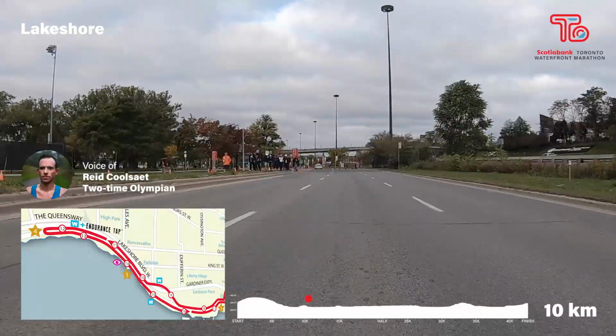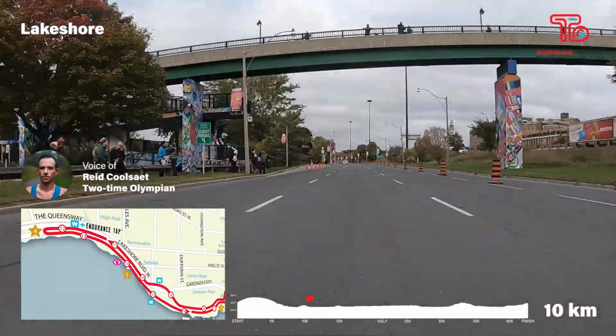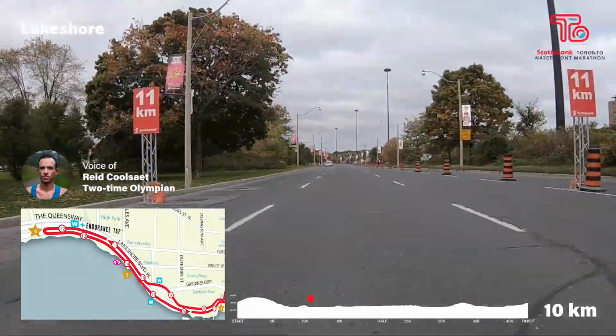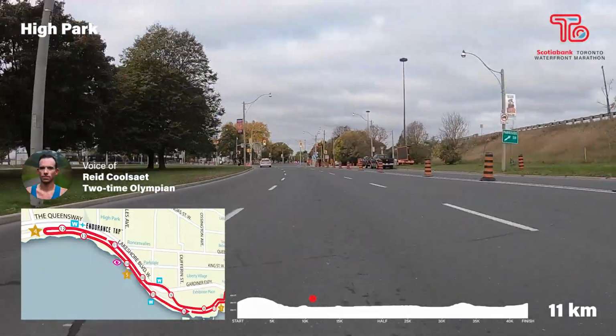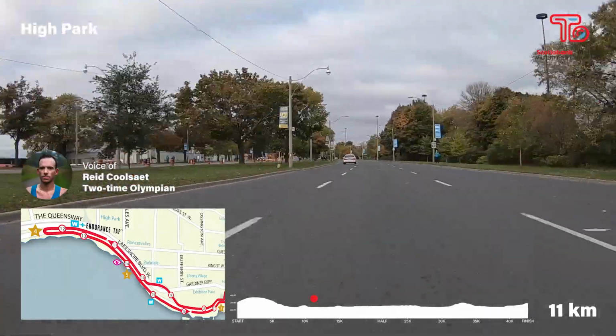All right, as you're running along the course, you're going to see quite a few cheer stations. You'll see some music being played, and you'll see the charities out. The Scotiabank Charity Challenge raises thousands and thousands of dollars every year. They have raised millions of dollars over the years for many charities. It's a big part of the race, and the charities are out there making noise,